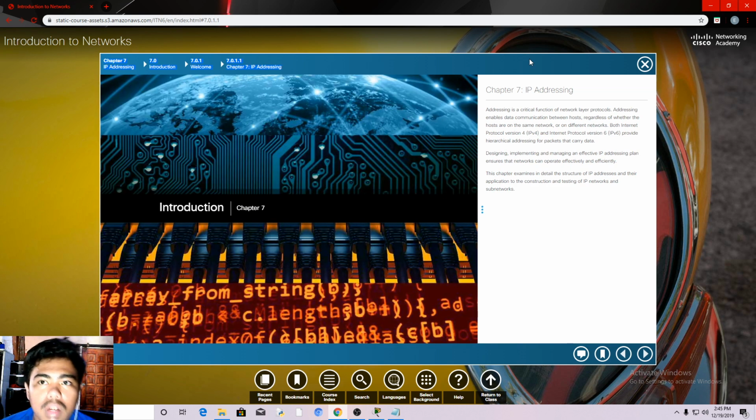Chapter 7, IP addressing. Addressing is a critical function of network layer protocols. Addressing enables data communication between hosts, regardless of whether the hosts are on the same network or on different networks. Both Internet Protocol version 4 and version 6 provide hierarchical addressing for packets that carry data. For my explanation about IP addressing,